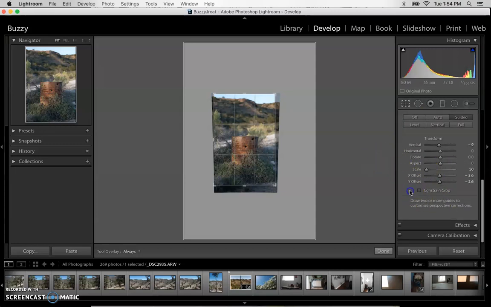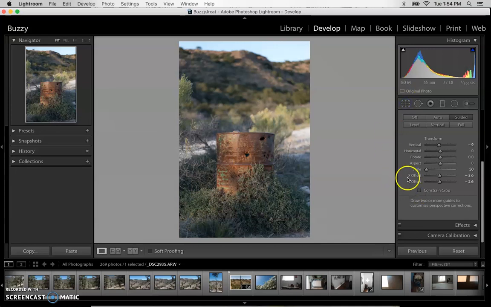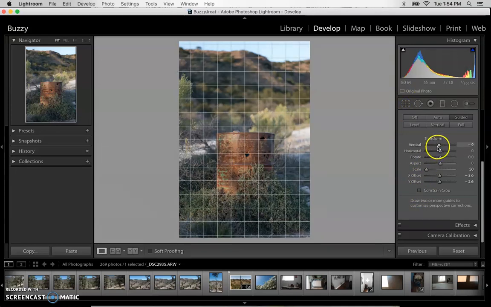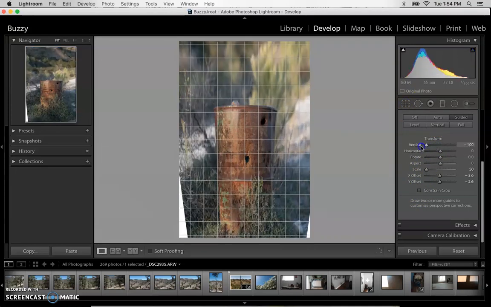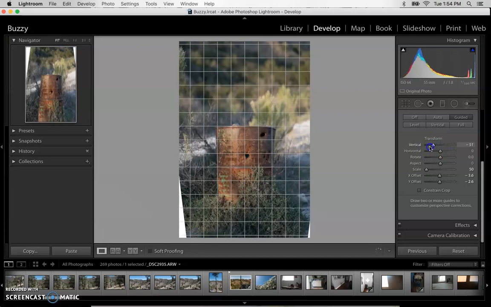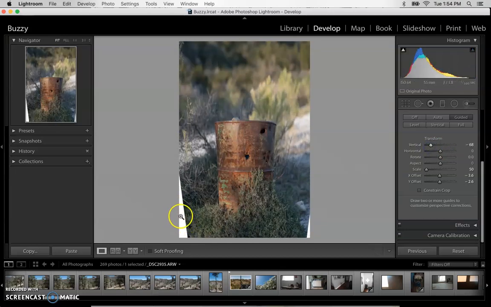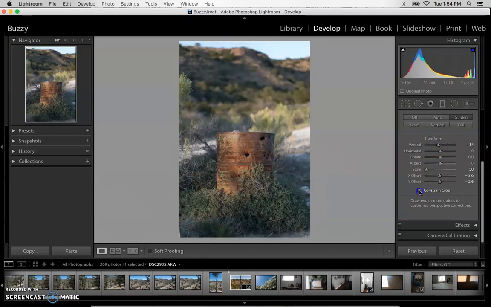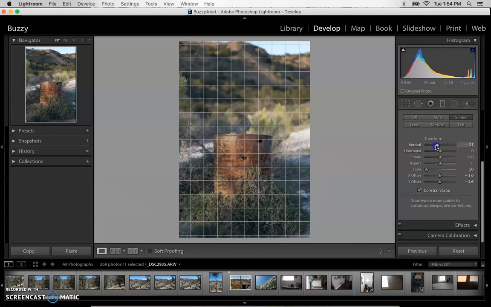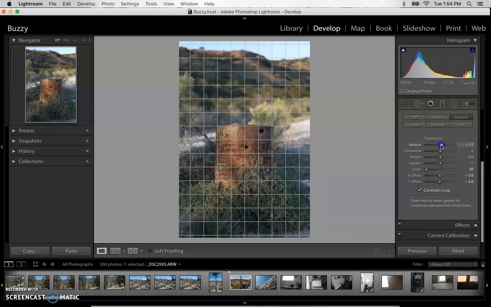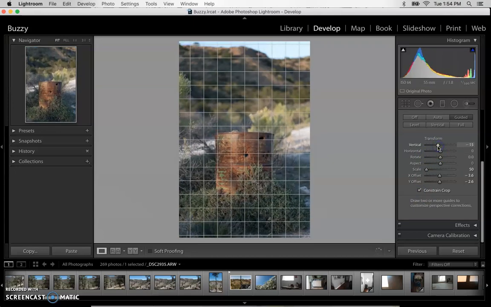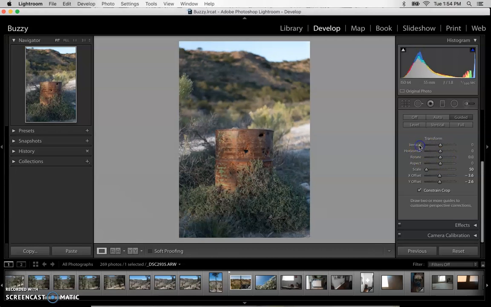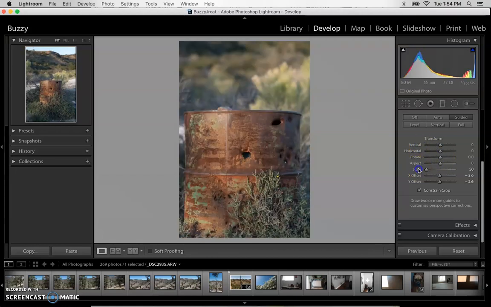The thing that I do want to show you, let's turn that off, is when we do manipulate these things, notice that our photo no longer becomes a rectangle. We start getting these weird little slices in the corners. If we select constrain crop, no matter what you do, it will stick within those binding boxes. So, not the most useful thing. It could be useful, I guess, if you were